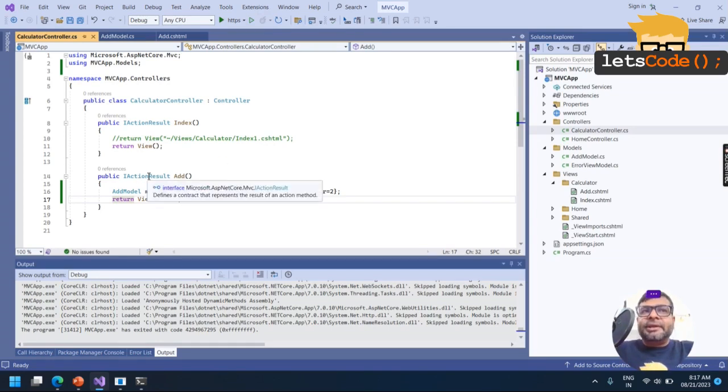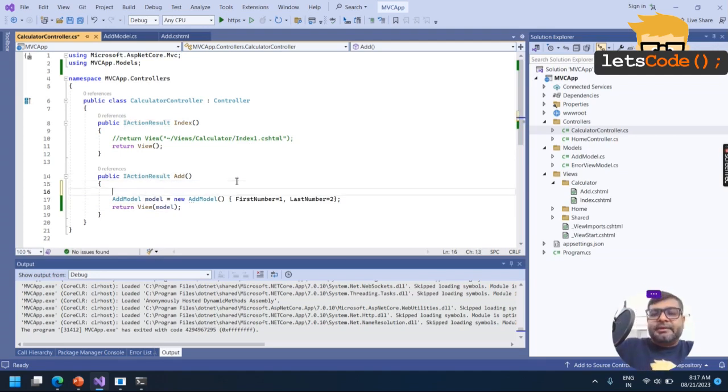Next, we are basically passing the data to view from controller through model class.